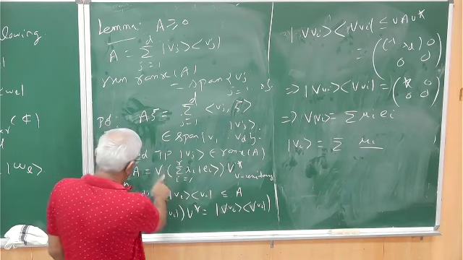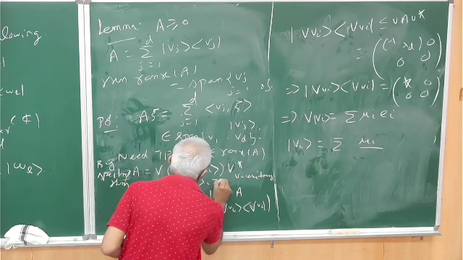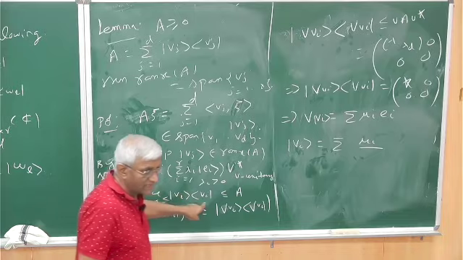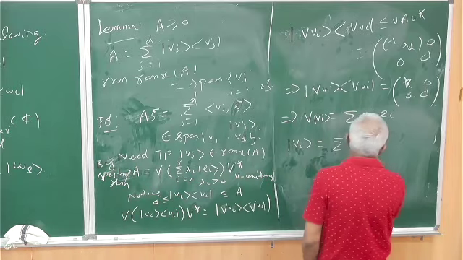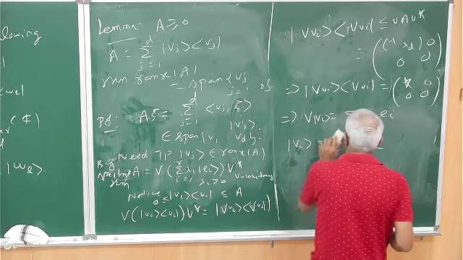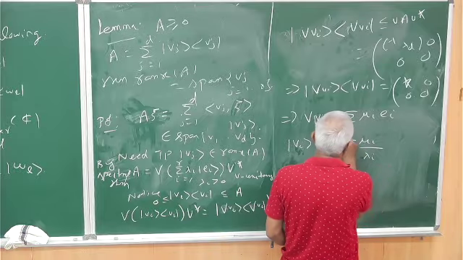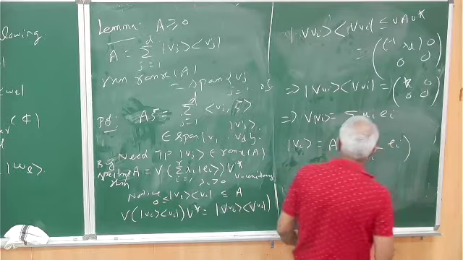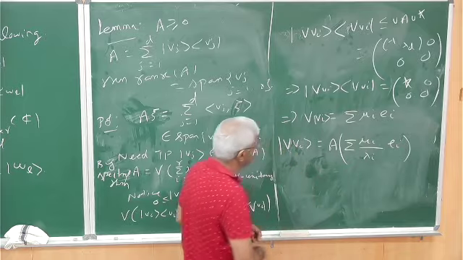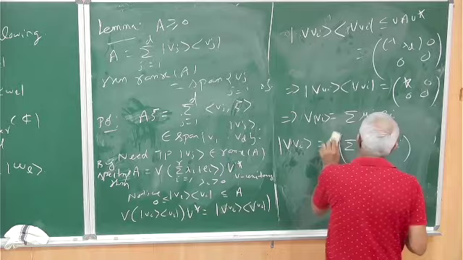Okay, where did I write? Yeah, this lambda is greater than 0. They're only strictly greater than 0 we are taking. I mean, those eigenvalues we are taking. Okay? So mu i by lambda i. Okay, right. Summation A of summation mu i. This is equal to V. Okay. Sorry, this is equal to